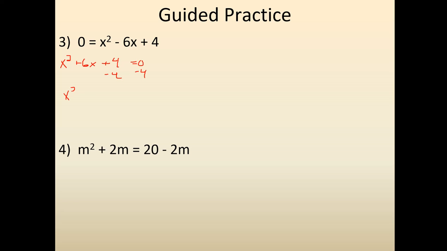And I am having x squared minus 6x, accidentally made it look like a positive, equals negative 4. Taking half of 6 gets me 3. Taking the square of negative 3 or positive 3, it's not like it matters. I end up getting 3 squared and 3 squared. So I have an x and a 3. So my factor is going to be x plus 3